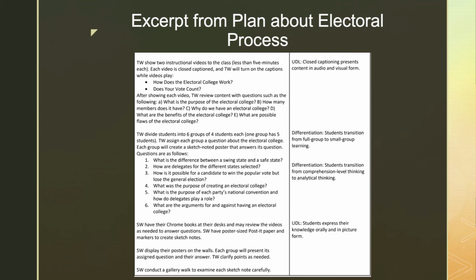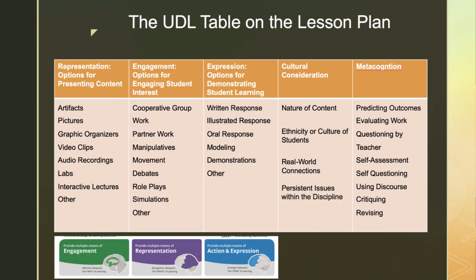Near the end of the lesson plan template, you also have a UDL table. This table is itself a demonstration of UDL in that it is a multifaceted way for you to demonstrate the differentiation in your classroom. This table includes the 3 dimensions of universal design for learning: multiple forms of engagement, representation, and expression. But the table has 2 additional columns that examine the cultural considerations of the lesson and the metacognition evident in the lesson. We'll get to those in a minute, but first let's look at the 3 columns on the left.